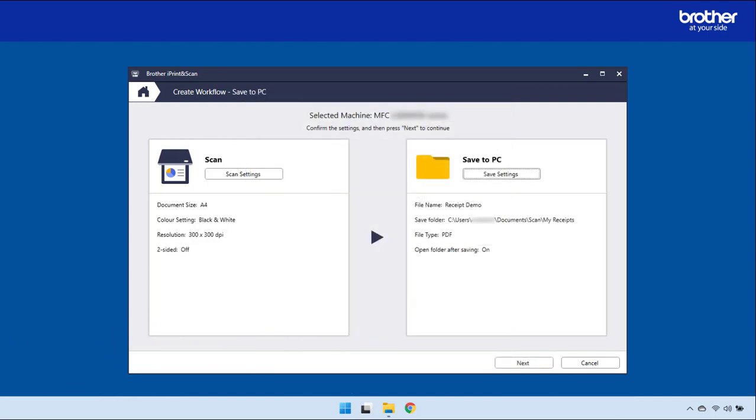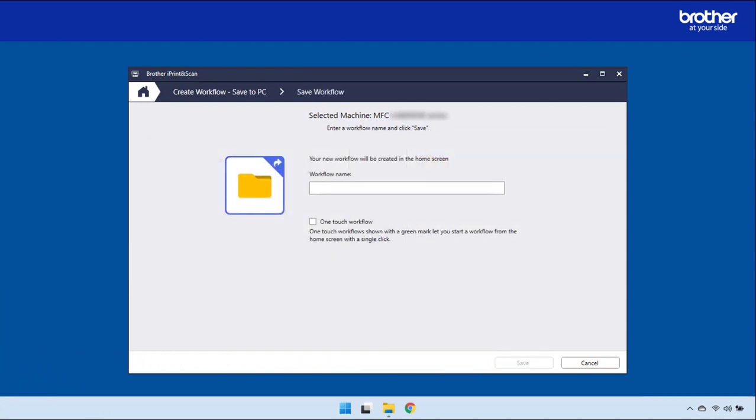Once you've completed the scan settings and saved to PC settings, click Next. Give your workflow a name. We will call this Personal Receipts.